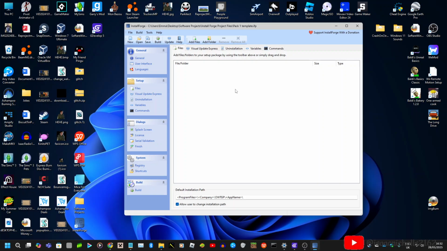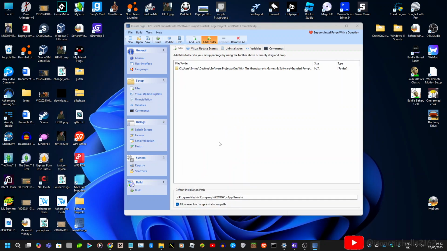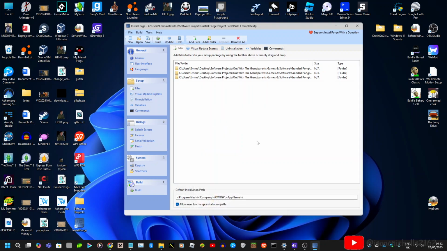So if I just go back to files, they've all disappeared for some reason. Luckily there's an undo tool. No, there's not. Never mind. I deleted them all out of the folder. Right, I need to re-add them then. So shader, resources, locals,